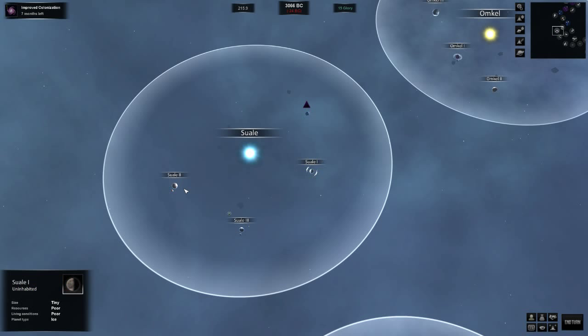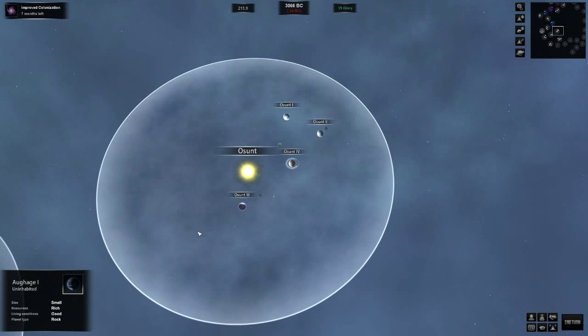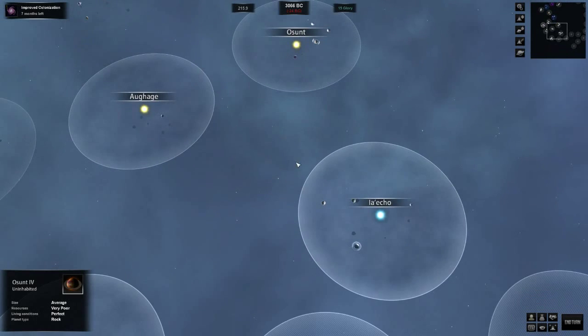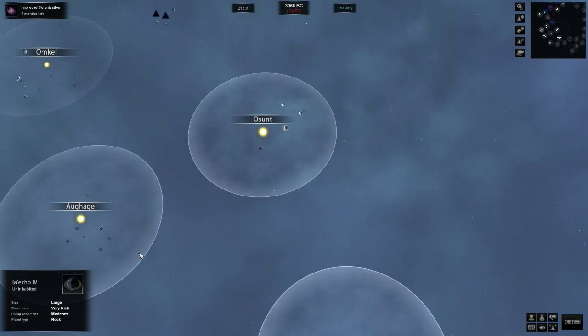Nope, not interested. Small, average, good. It's not as good as this one, which is small, rich, good. Let's see about this system. Average, very poor. Very poor living conditions. So this whole system... Perfect living conditions, very poor resources though. Average size. That might be worth sending a guy down there. Large, very rich, moderate. Oh, this is... Because we'll have moderate here in just a little bit. Maybe...